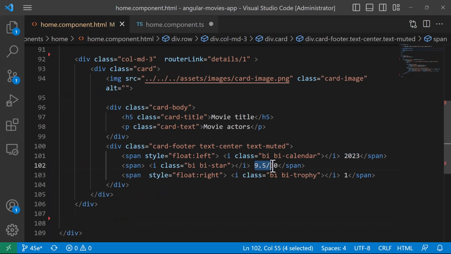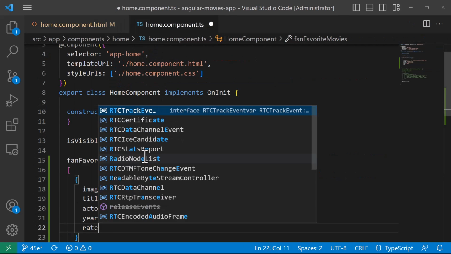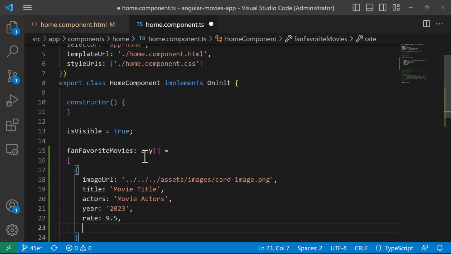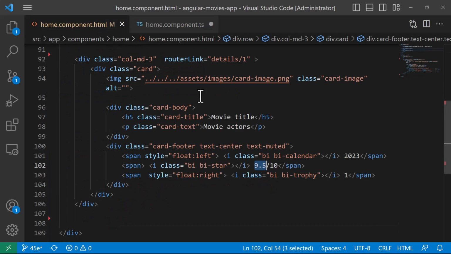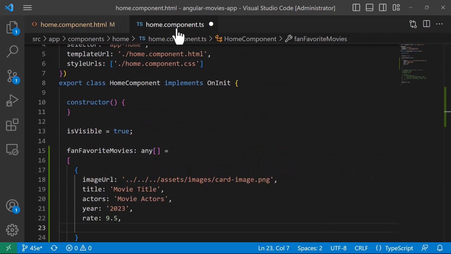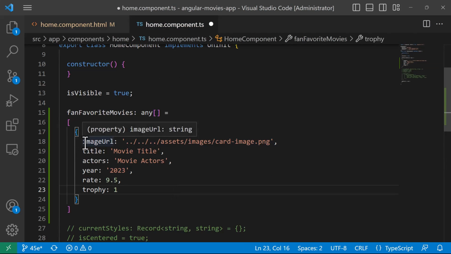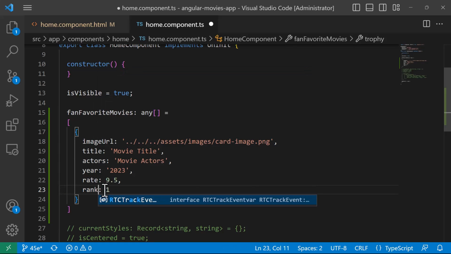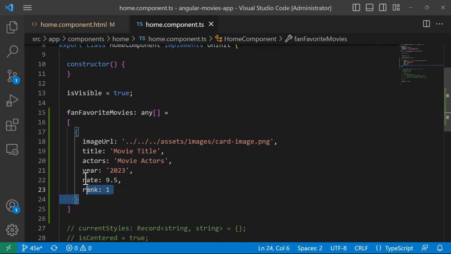We have the rate out of 10, so I'll just use 9.5. And then we also have the trophy. Since we have not used these properties yet, you can change the values if you want. For example, you can make the trophy just the rank. And then let us copy this value